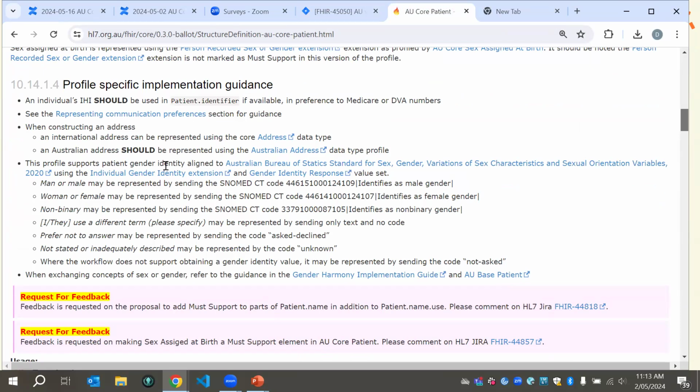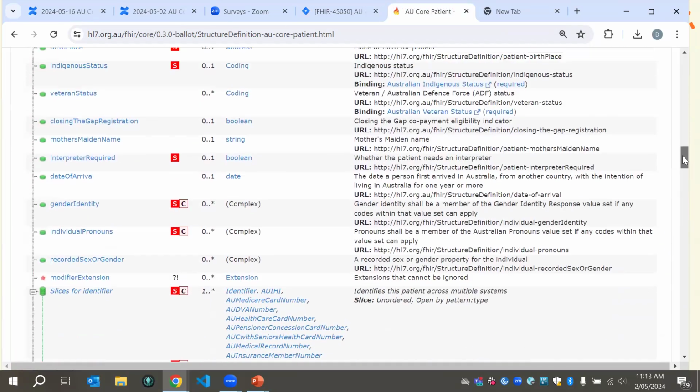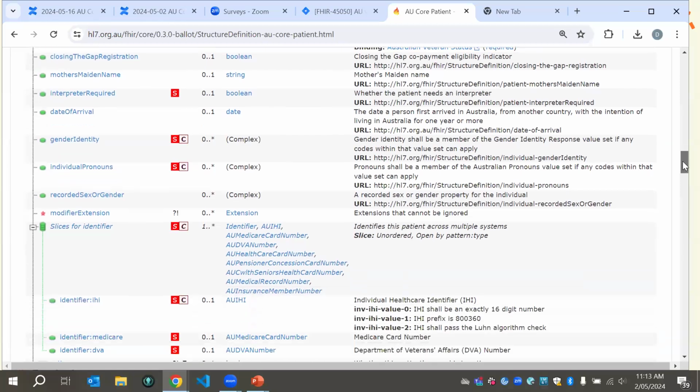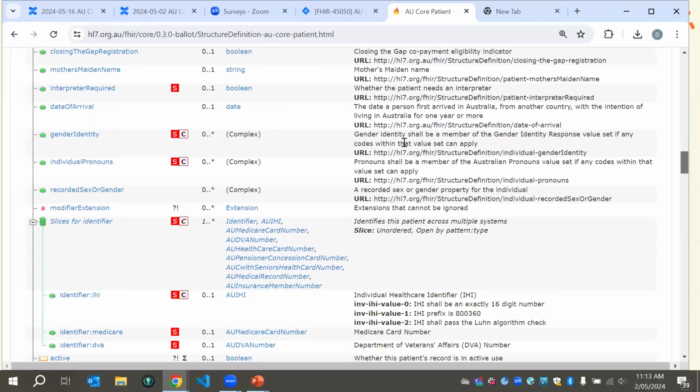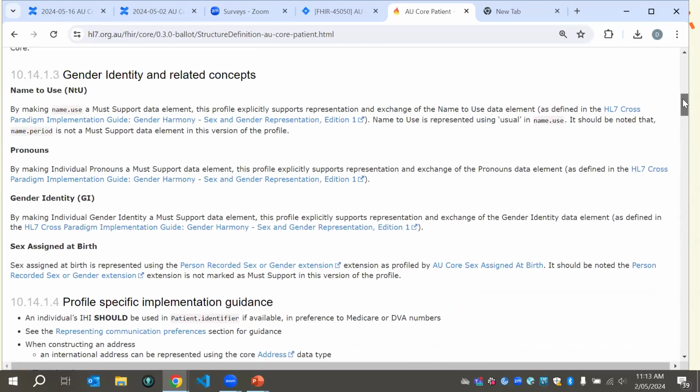Is there any opposition to having that information in the gender identity concepts area, similar to the way sex at birth has some information there? Yes, although above that's an AU Base discussion, not an AU Core one. I think there was something about gender identity in a narrative section further up, Danielle. Yes, there is. Here. Is that what you're talking about? Yeah, that gender identity and related concepts narrative.